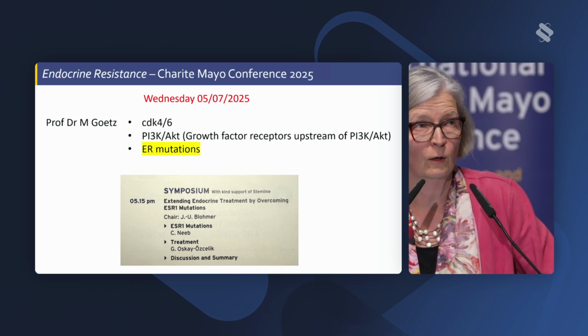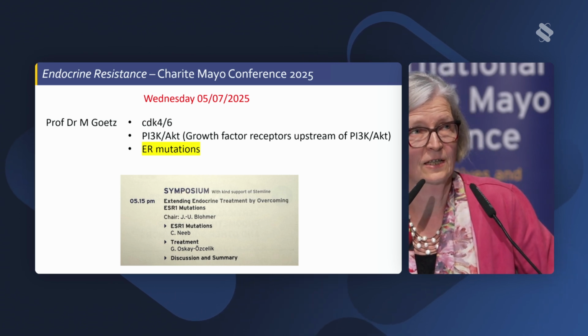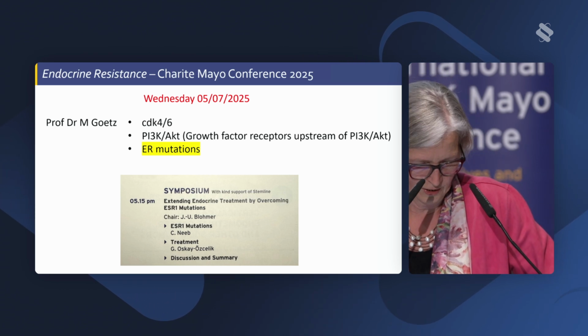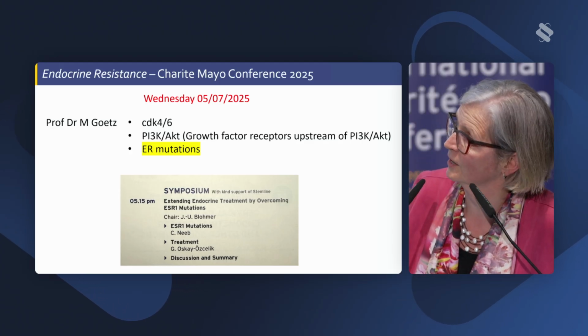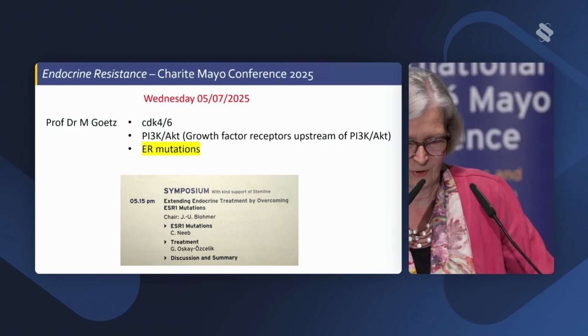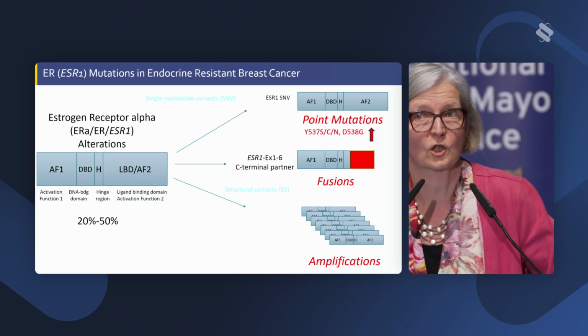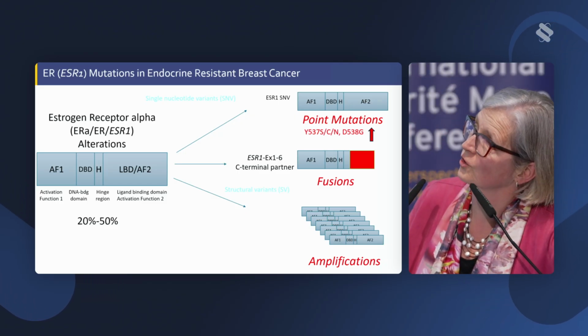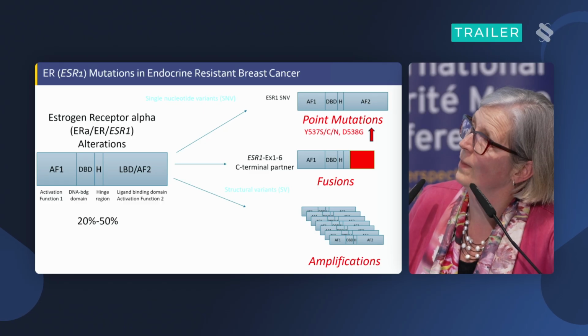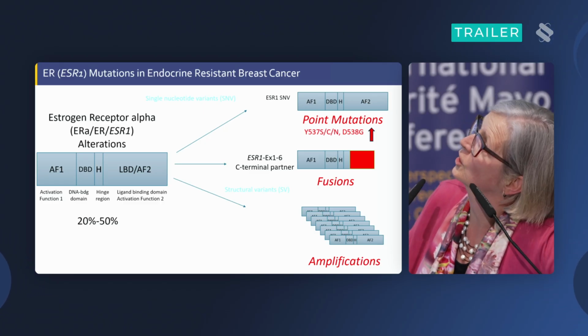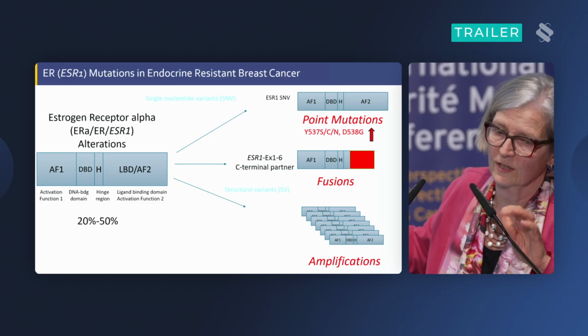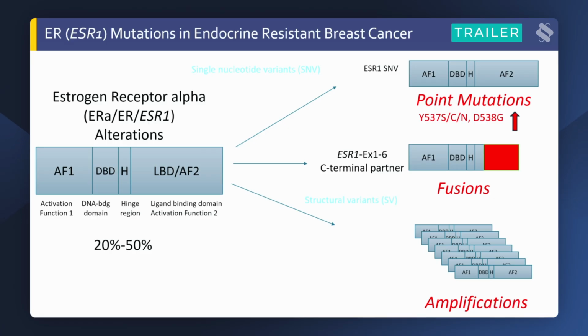I am not so much talking about these single nucleotide variants, because I do think you might hear more about this in the subsequent session. But I will also talk about different ER mutations, and this is shown here on the slide. So this is estrogen receptor activation function 1, 2, DNA binding domain, hinge, and I think most of you in the audience are very familiar with these point mutants. Everybody is familiar with the point mutants in the AF2, but in addition to these single nucleotide variants, we have two other